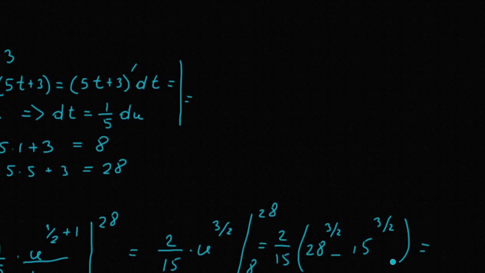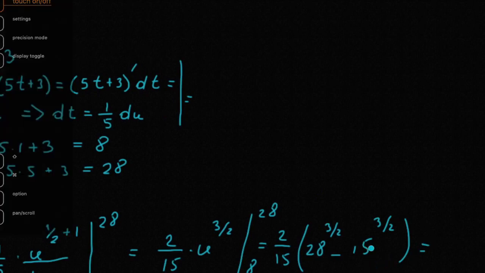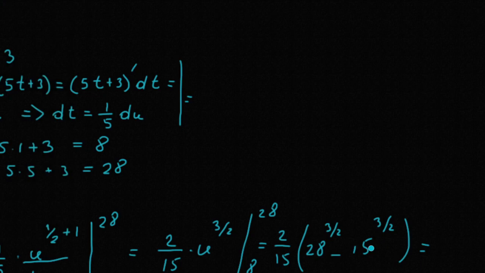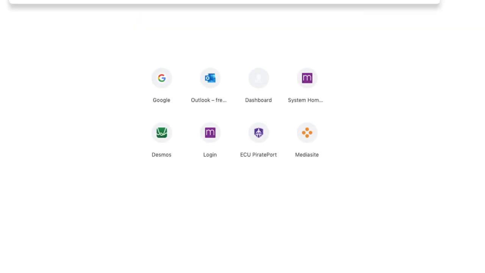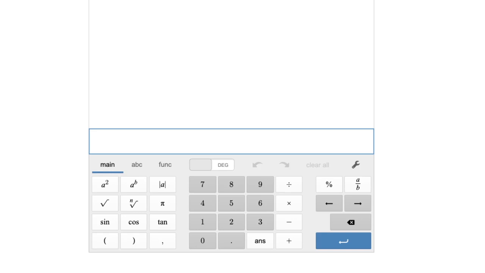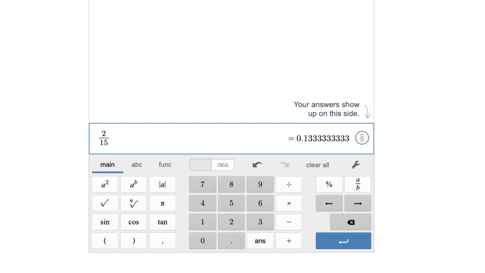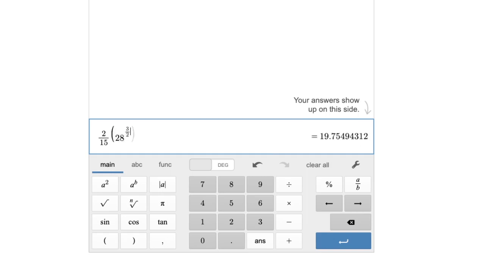Now you can use a calculator to calculate what that is. I'm going to use Desmos calculator. So let's see, I have 2/15 times 28 raised to the power 3 halves. But from that, I have to subtract 8 raised to the power 3 halves. Close parentheses, and here we have our answer,